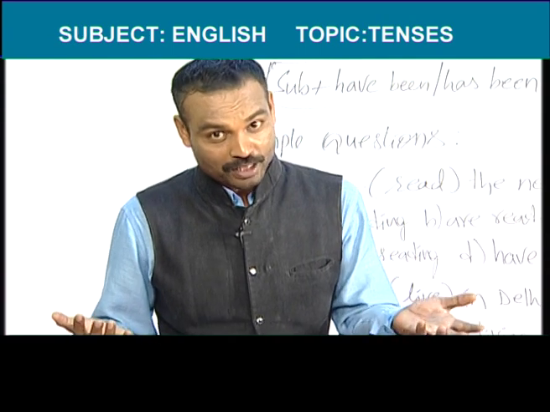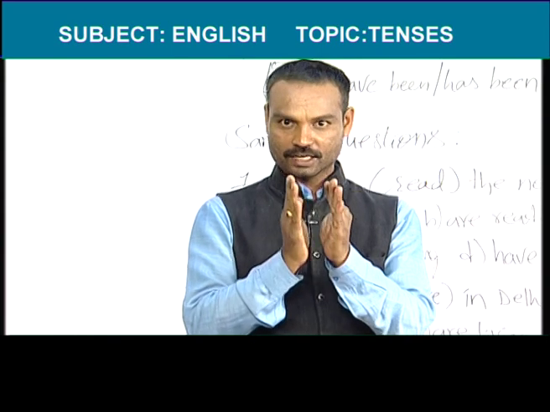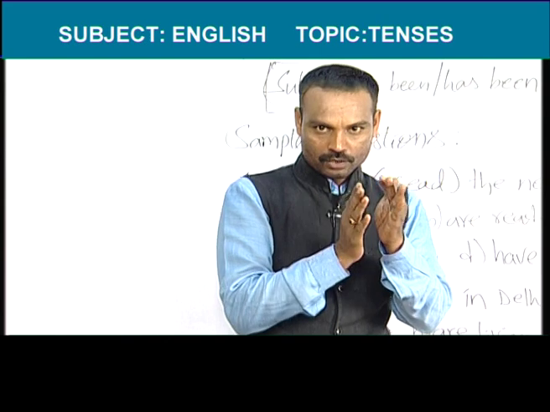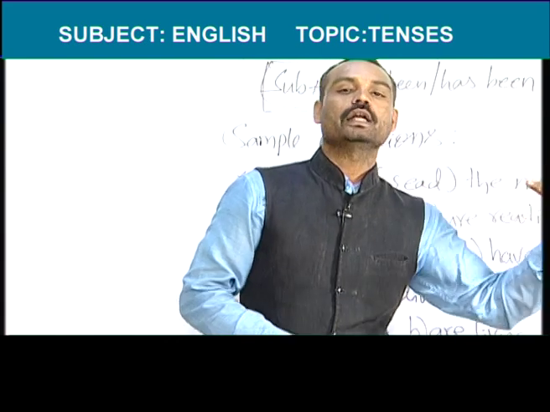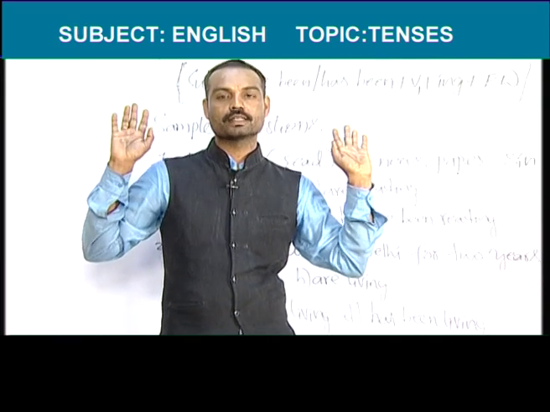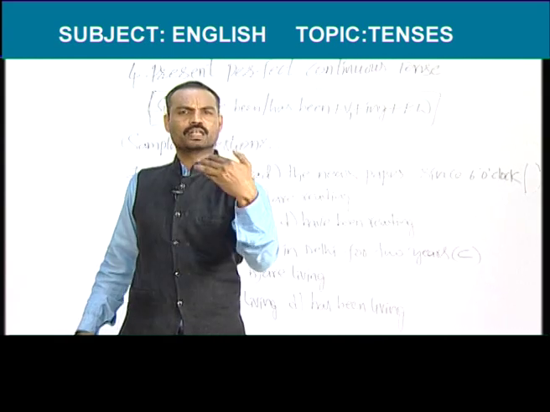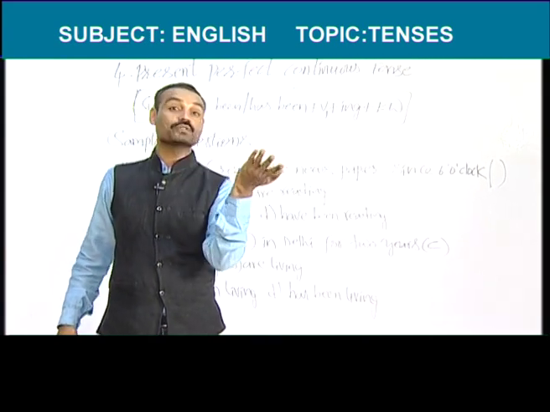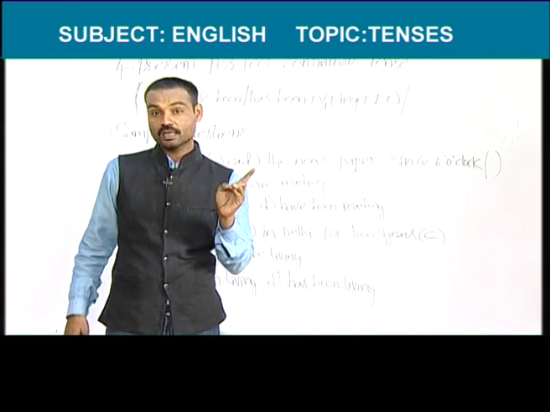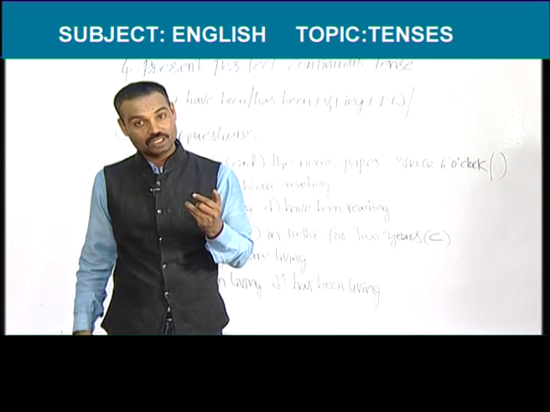And the frame of the tense is subject plus shall or will. There are two helping verbs in this tense, shall and will, and V1 plus extra words. So friends, there are two helping verbs in simple future tense. Shall should be used after I and we. Will can be used after any subject, even after I and we also we can use shall. But friends, after the first two subjects we should use shall, I and we. After I we should use shall, after we also we should use shall.